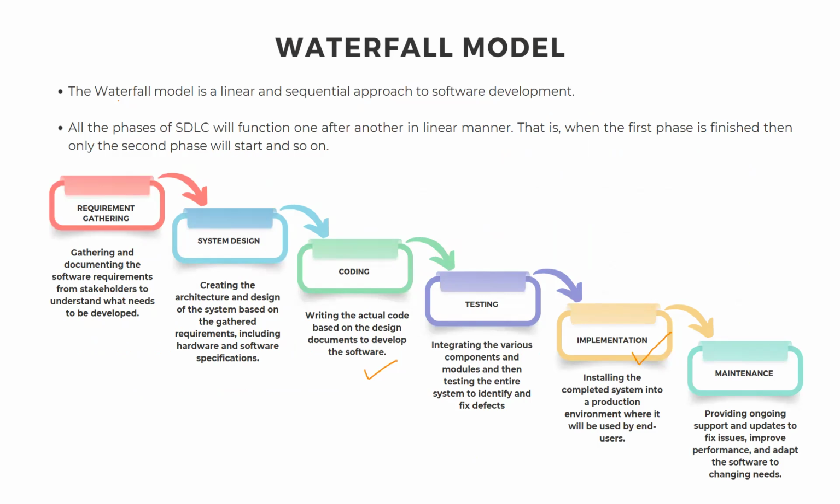It has all the phases of the SDLC, which functions in a very linear manner. So when the first phase is finished, then it will go into the next stage, and when the second stage finishes, it will go into the third phase, then the fourth phase, fifth phase, and so on. The first phase of the waterfall model is requirement gathering, where it gathers different requirements from the stakeholders or the clients and understands what the clients actually need to achieve